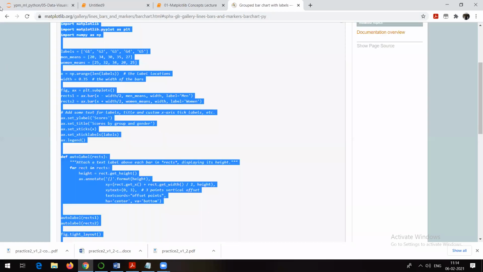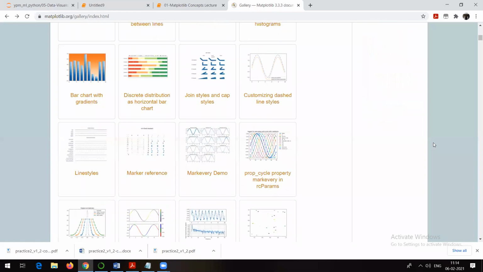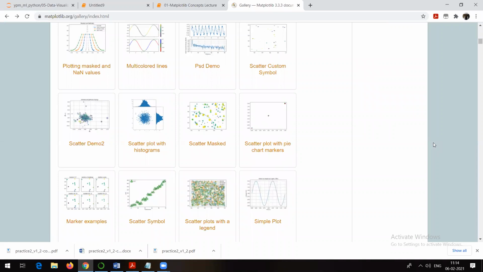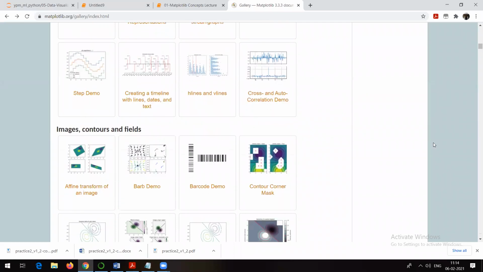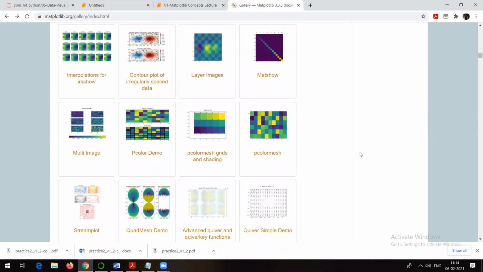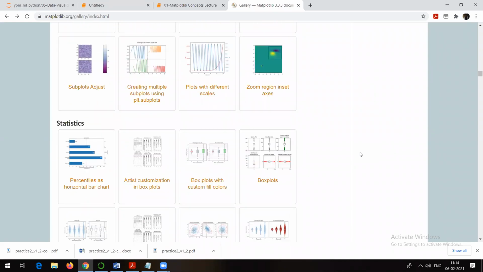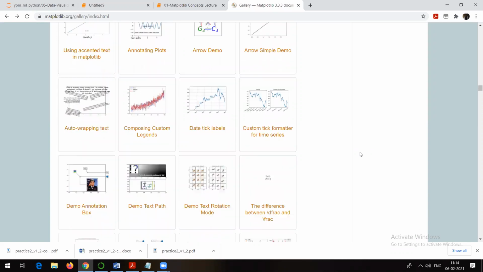If you go to the official page, you will be able to see some animations also, and you can plot. For example, if you are working on a project related to some mechanical domain, or cars, electrical, whatever it may be, you can plot any type of graph, and you don't have to worry about the code. You can even plot images and some specific logos also. A lot of things are possible.